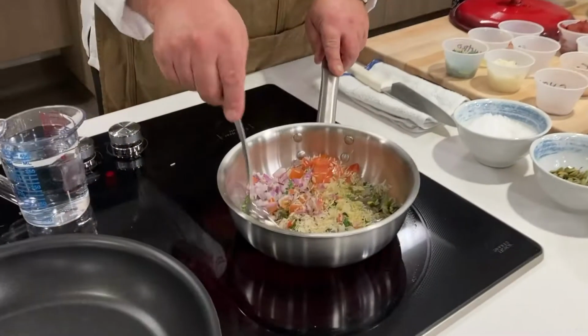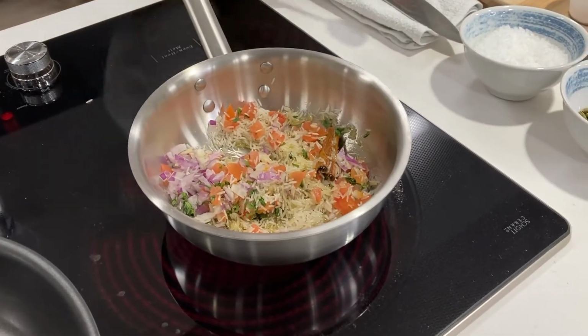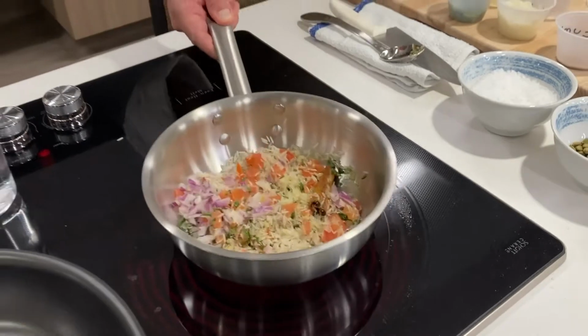If you still want to add more flavor to the rice, you can always cook it in a chicken or a beef broth as well. It doesn't need to just be water. Exactly. So now that that's going,